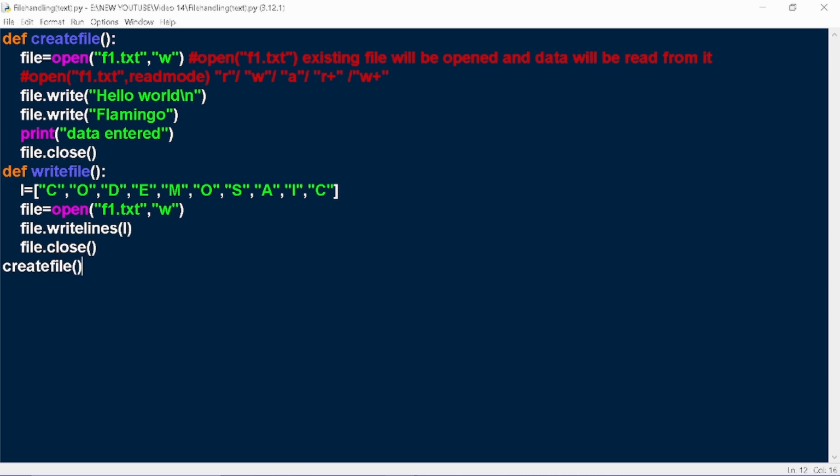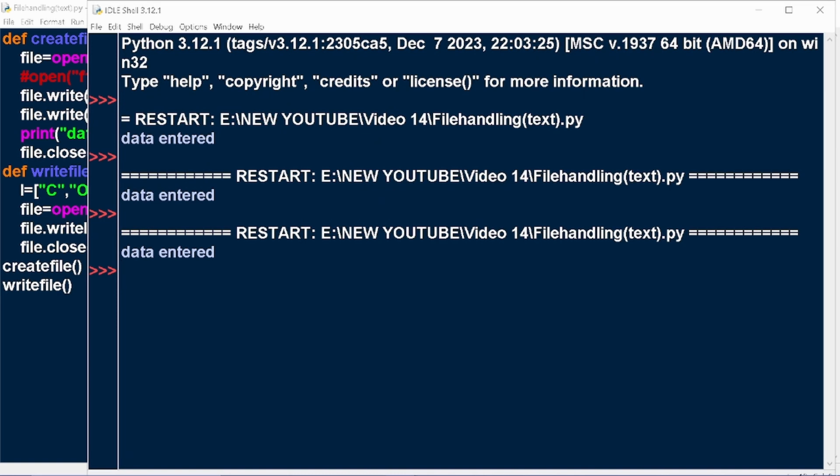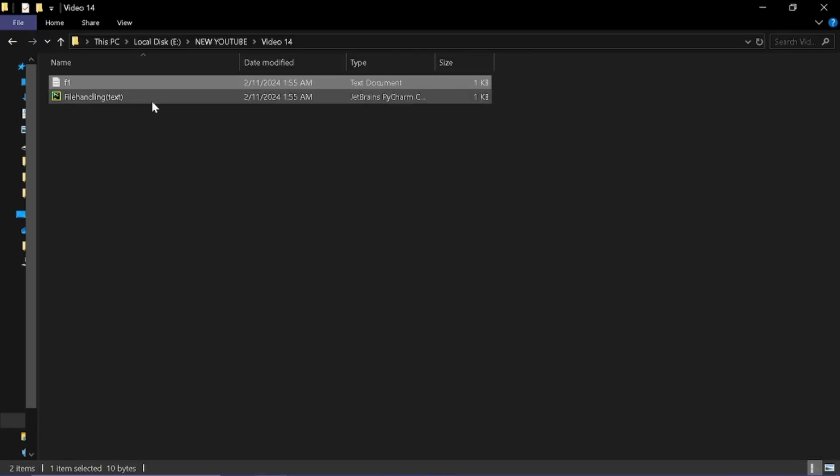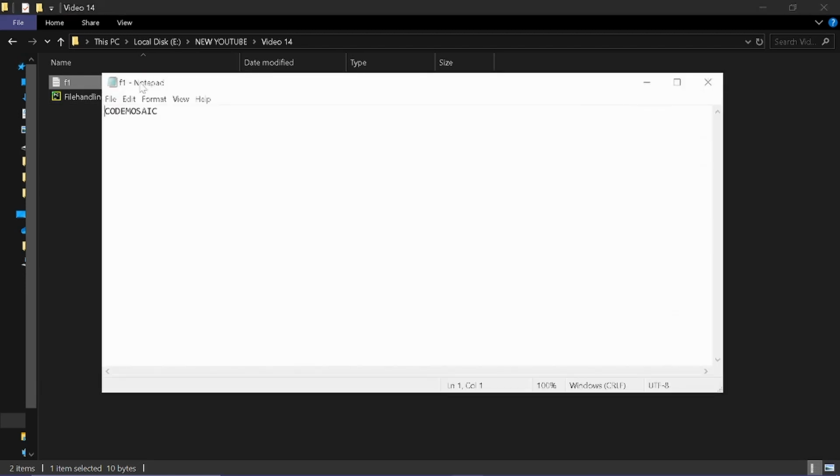Let me call write file over here, and if I run this, you can see the data entered is printed. If I go here, now you can see that CodeMosaic is written inside. Alright, now